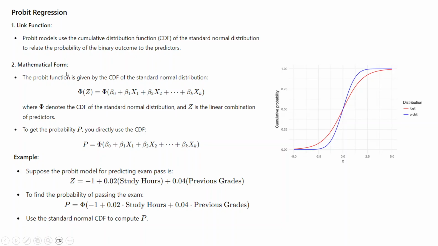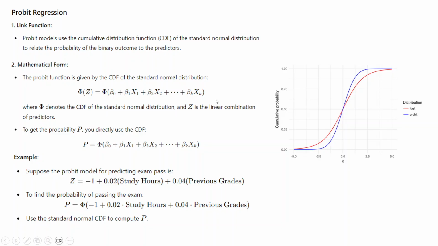Now let's understand the link function of the Probit regression. The Probit model uses the cumulative distribution function, CDF, of the standard normal distribution to relate the probability of the binary outcome to the predictors. You can see on the right hand side, the red line represents the logit link function, and the blue, the probit. I request all my viewers to kindly refer to my video on logistic regression analysis, which is available in the playlist